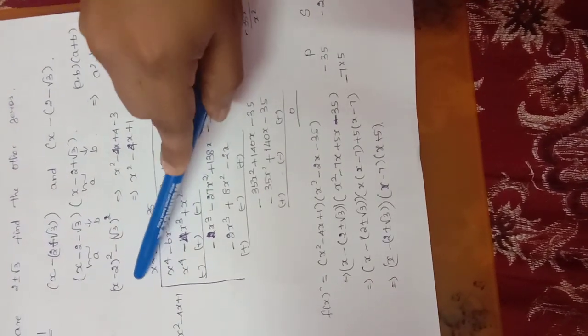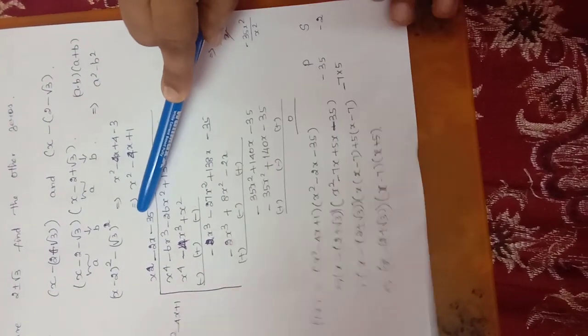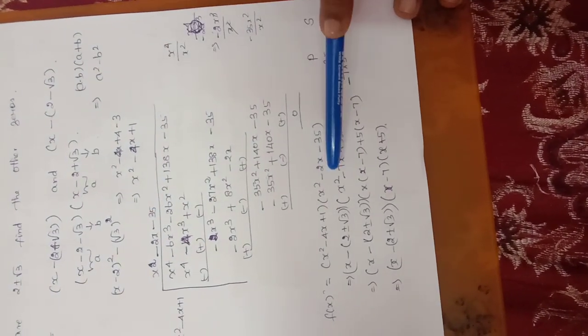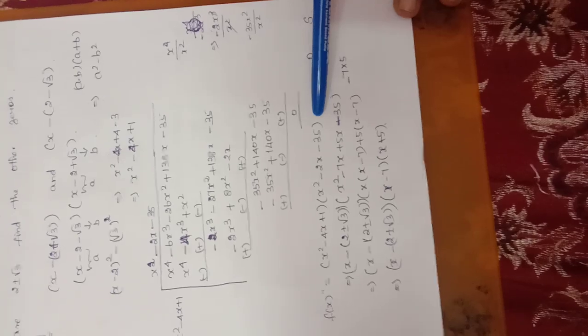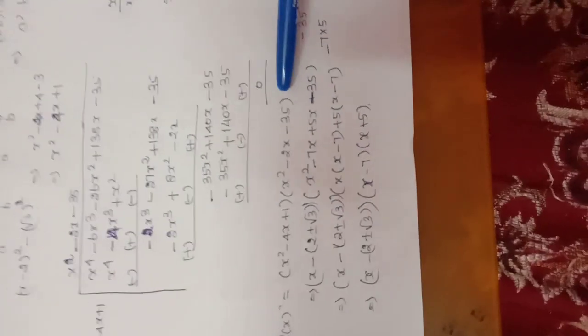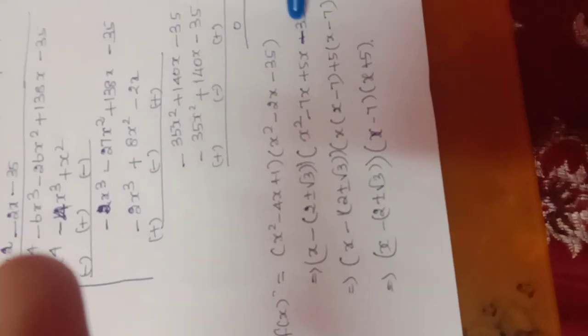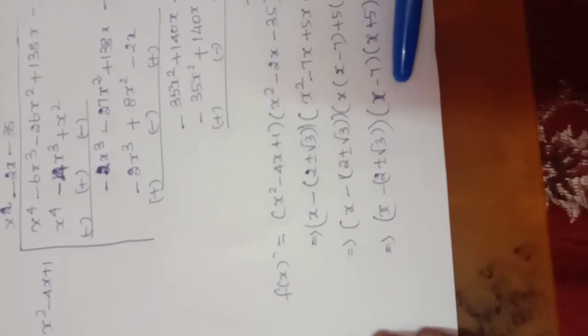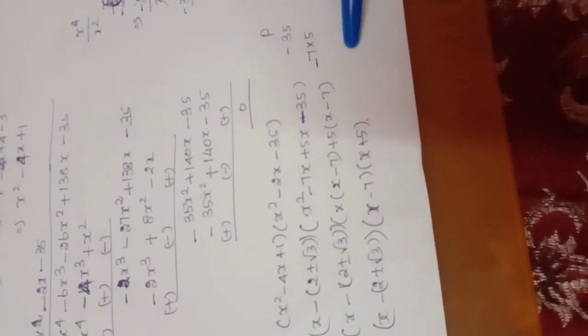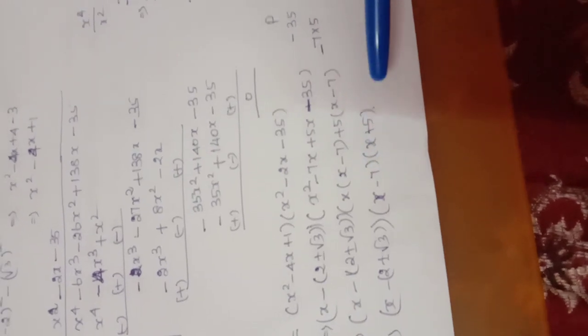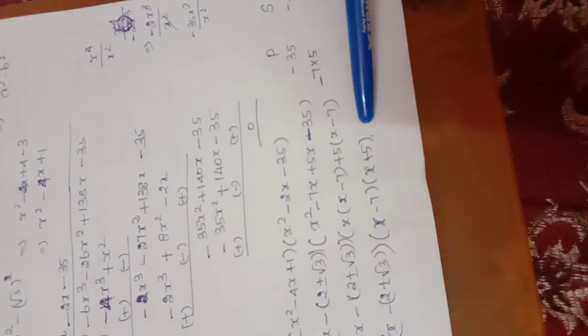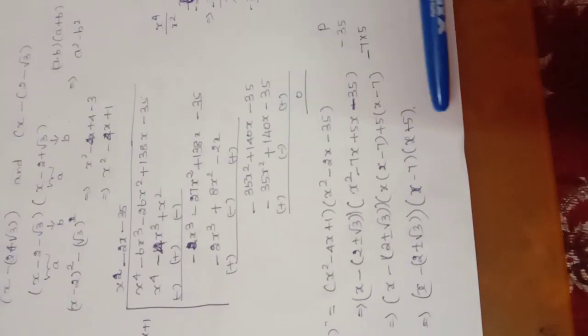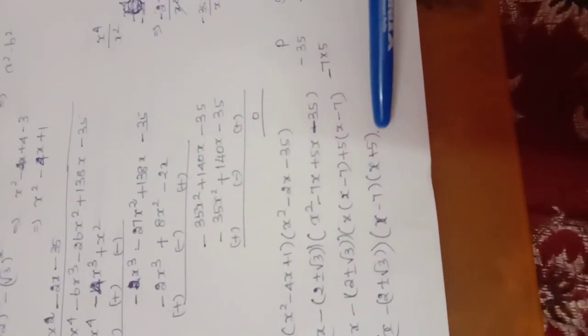So this is the quadratic equation. You have to split the given quadratic equation by using the splitting the middle term method. When you split, you get the factors x minus 7 and x plus 5. So the required roots are x is equal to 7 and x is equal to minus 5. Already you have 2 roots given, and this is the 3rd root and the 4th root.